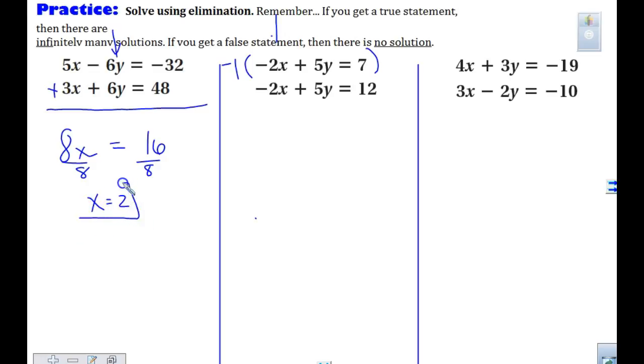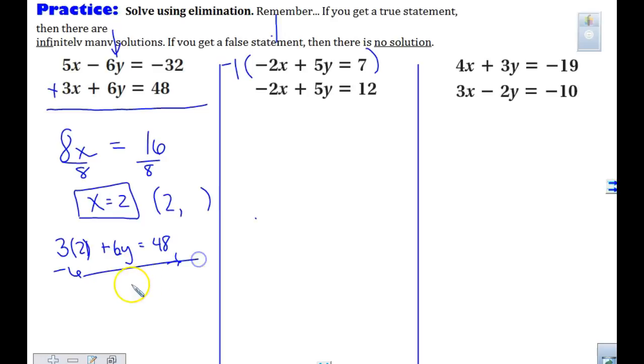Sam, which equation are you using now to find my y? Okay. So you go to the second one. Tell me what I should put in. 3 times 2 plus 6y equals 48. Okay. So we are going to subtract 6 from both sides, right? And then divide by 6 as I'm looking at that equation. So I subtract 6 from both sides because this is 6. And then I divide by 6. And you have y, Sam, equaling